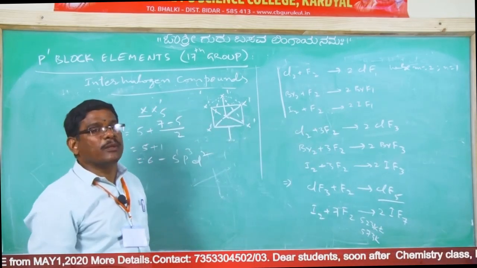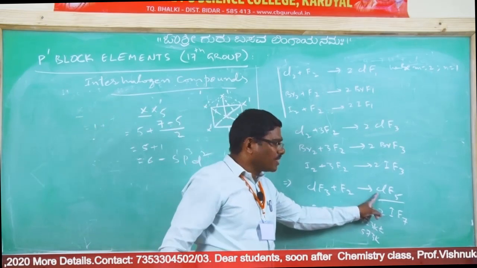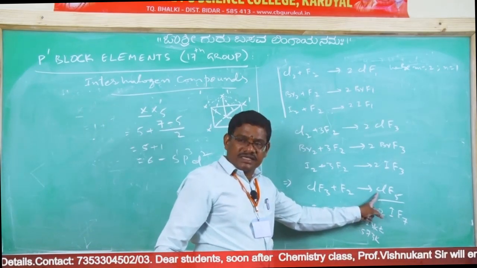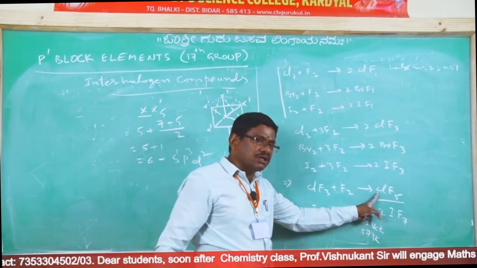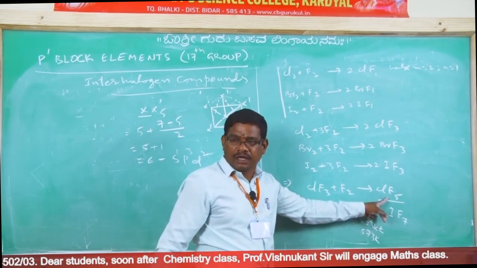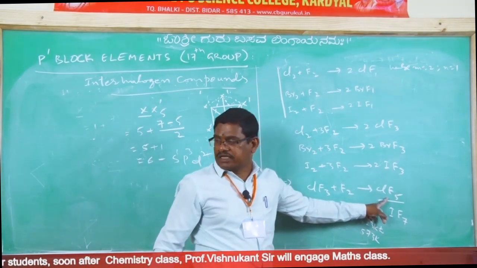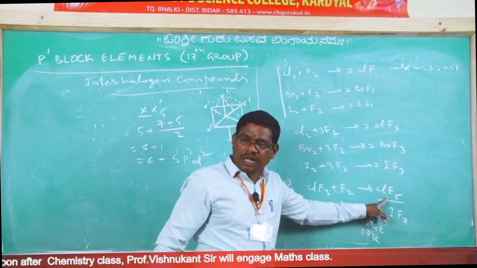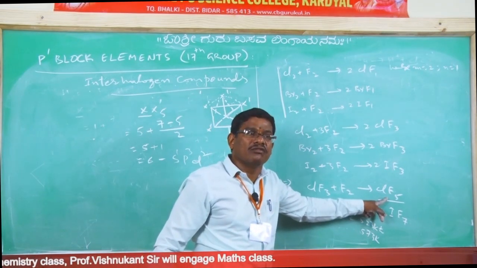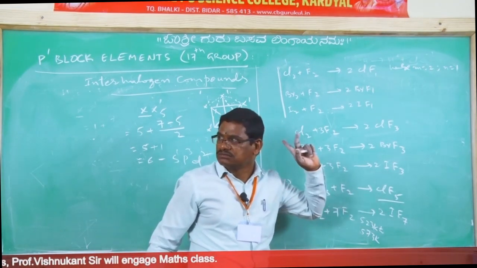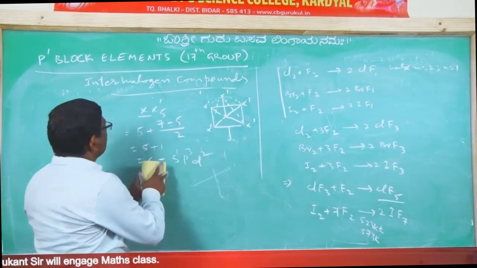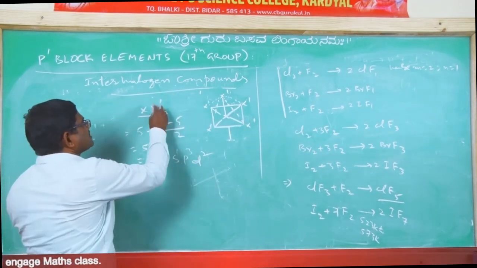In ClF5 geometry, how can we say? In this Cl undergoes sp3d2 hybridization but with 5 bond pairs and 1 lone pair. 5 bond pairs and 1 lone pair is always deviated, it is not the original. Thus the deviation from the octahedral will be square pyramidal. Clear na? Similarly XX'7,